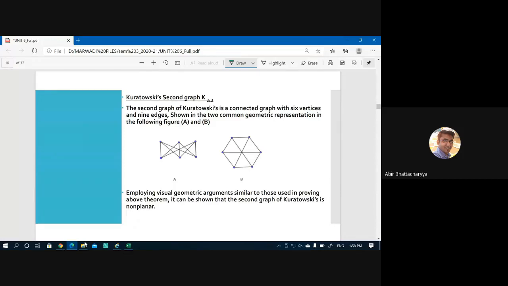Similarly, K33 is Kuratowski's second graph. Kuratowski's second graph is a complete bipartite graph, and we can easily make an isomorphism of this complete bipartite graph. So we will deal with that isomorphism. This is also K33. Someone can ask me, sir, what is K33? This is the standard form, and if you use the isomorphism of K33, it becomes like this. So 6 vertices, you can join all the opposite ones.